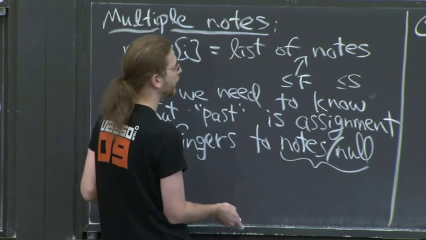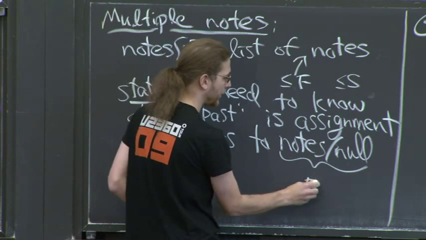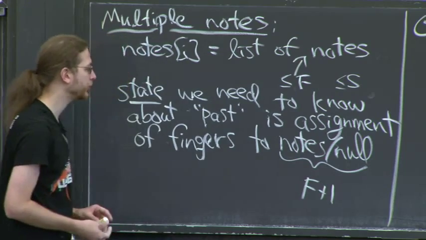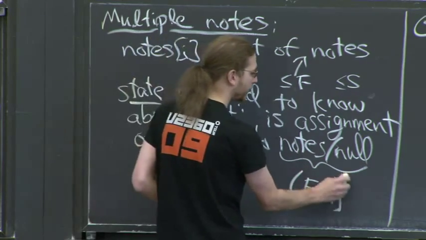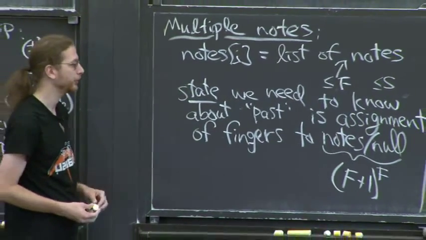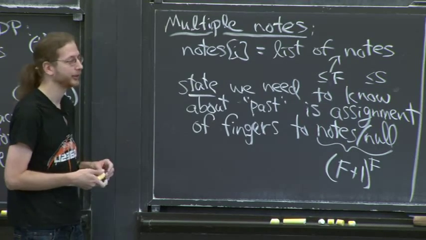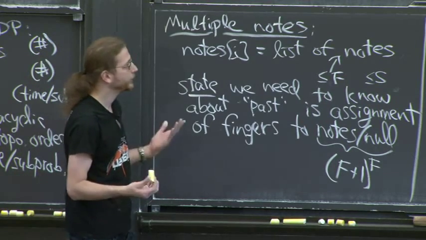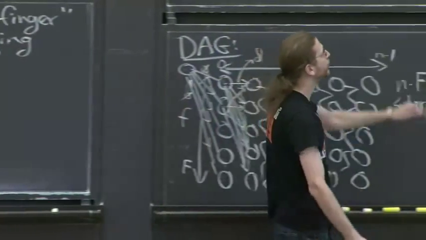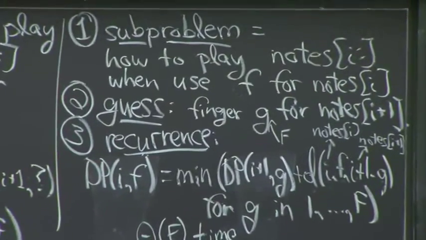Well, I guess we said there are at most F notes. So F plus 1 is the maximum number of possible things each finger could do. And we raise that to the power of the number of fingers. That's the possible mappings of what all of my fingers could be doing. It's exponential in F, not so great. But if F is 5, it's all right. And then you just generalize the rest. I don't think I'll write it down in detail. But our subproblems now are going to be